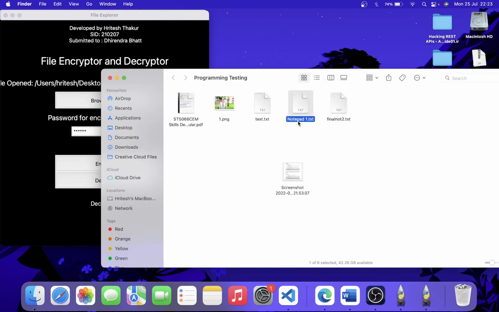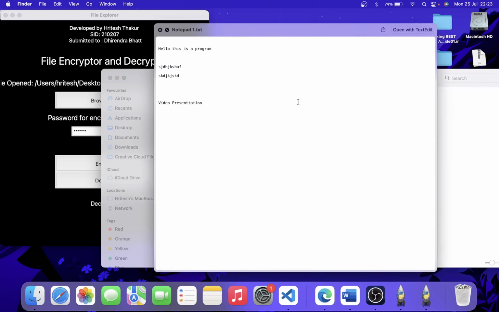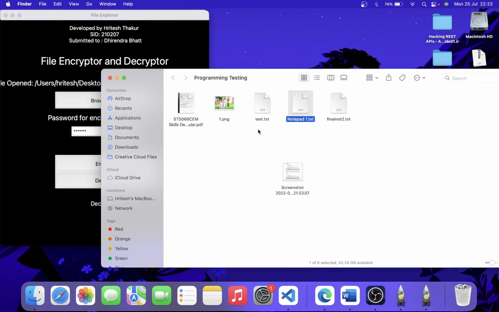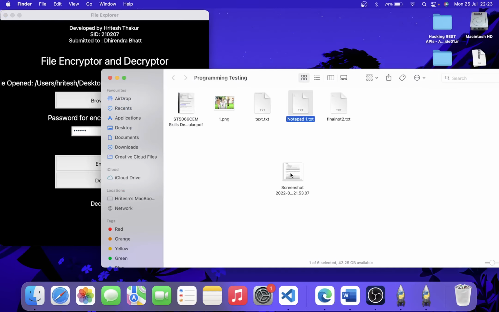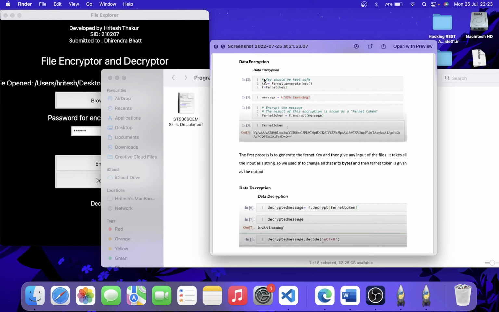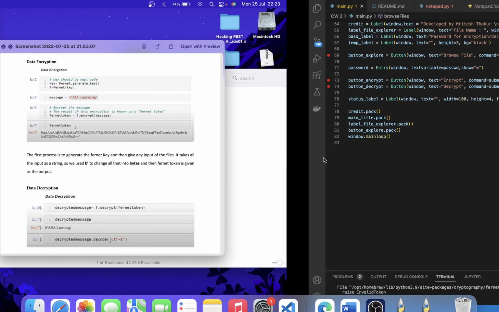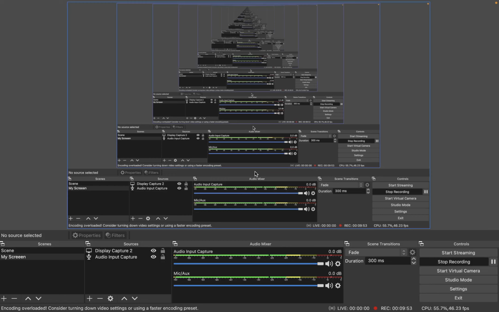I forgot to quit the preview. So here we can see, hello, this is a program and video presentation. So this is how the encryption and decryption work, and this is the mechanism of how this file works under the Fernet library. So this is the end of the video presentation of